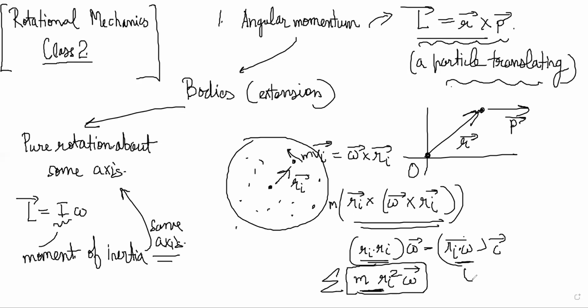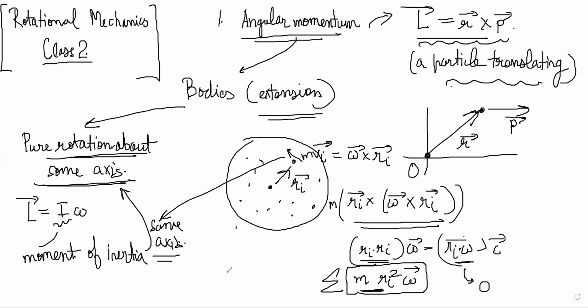The other term becomes 0 because Ri is in the plane of the disk, whereas omega has a direction which is perpendicular. Omega, alpha, all of these are polar vectors; their directions are perpendicular to the plane or into the plane. So the second term of the cross product becomes 0. So this was L equals I omega for pure rotation. Now the rotation plus translation case comes at the end of the chapter, so right now we will not worry about that. We will go on to section 10.10, which is conservation of angular momentum.